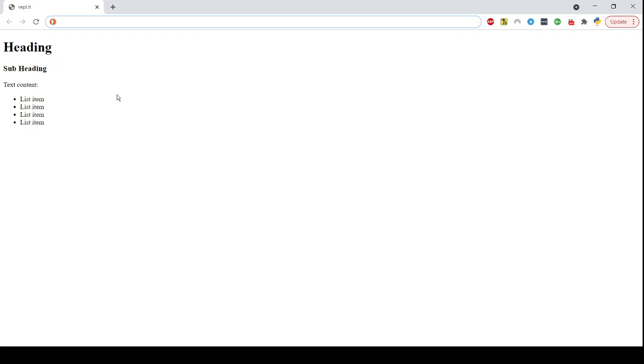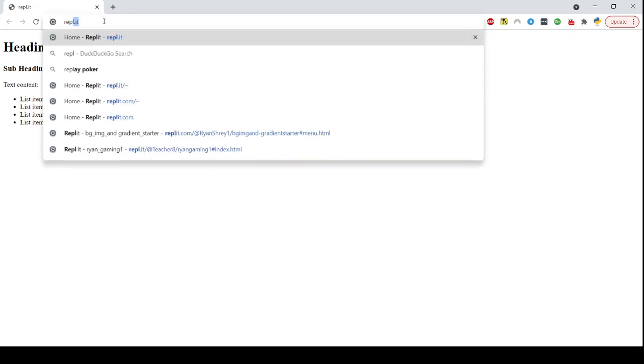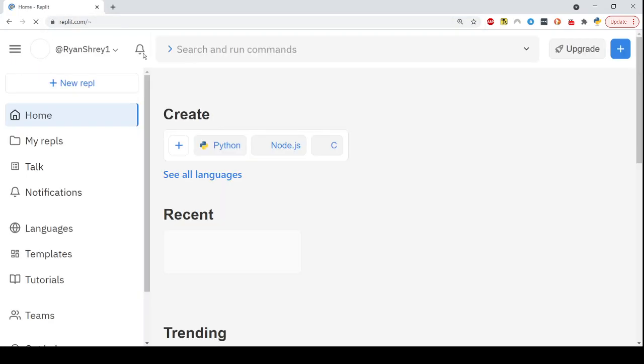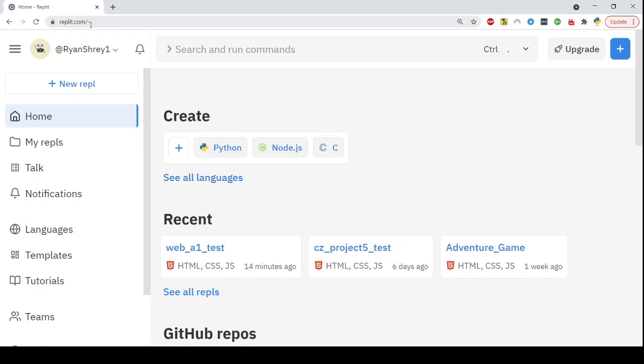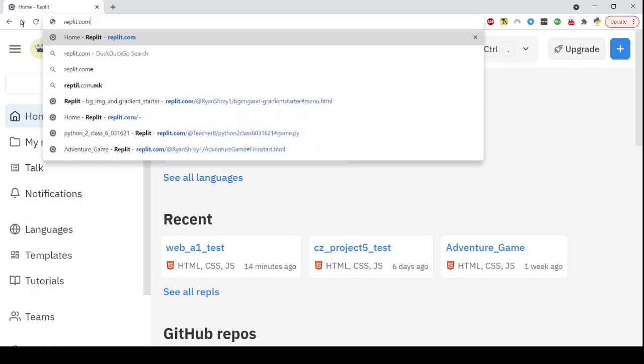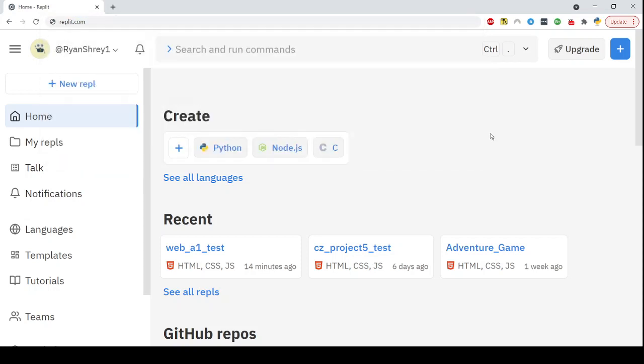So the editor we'll be using is called Repl, R-E-P-L, and they originally were repl.it, so you can type that in, but I think it'll redirect you, and you might want to start getting used to using replit.com, which is where it redirected me to. They changed the name of the site, so maybe use replit.com from now on. Ignore the fact that my browser had the old address entered in there when I typed it. It was just kind of autocomplete. But replit.com is